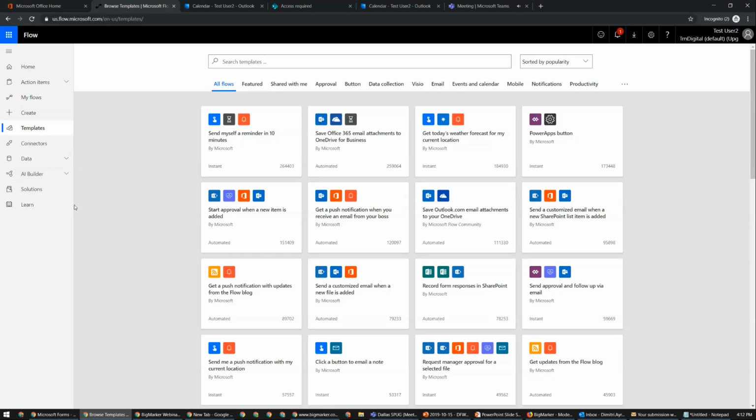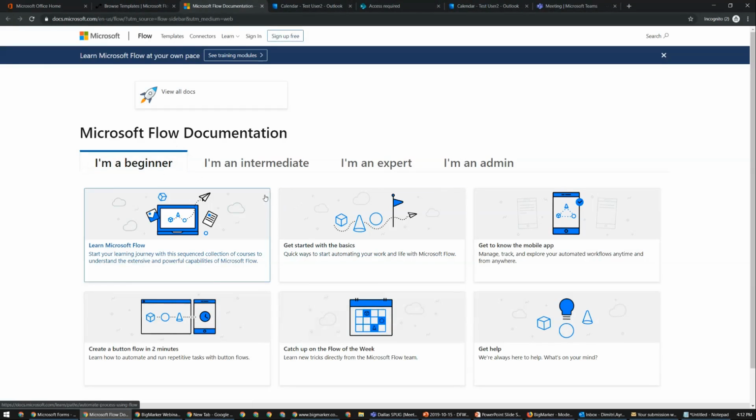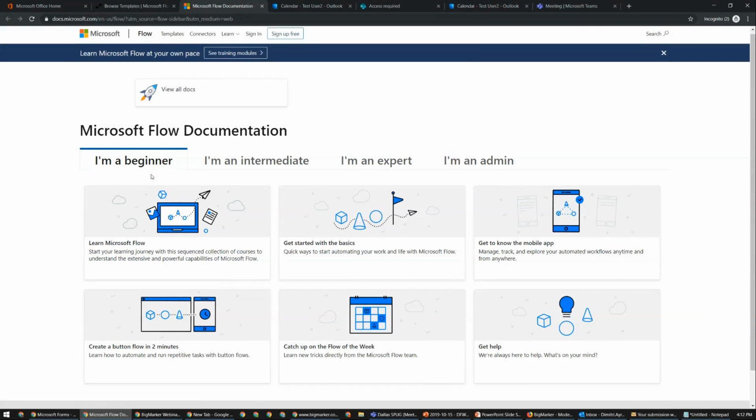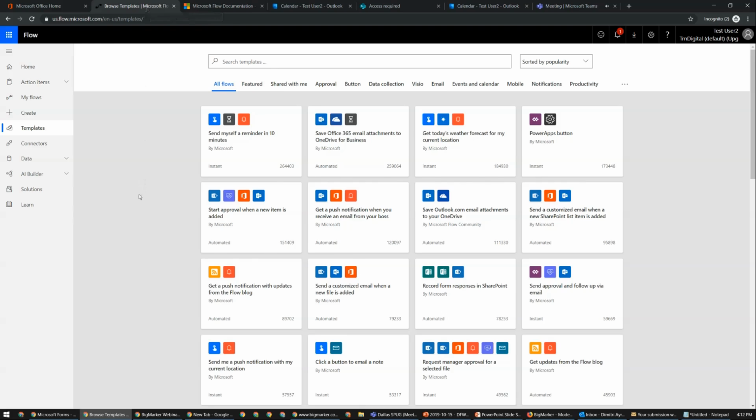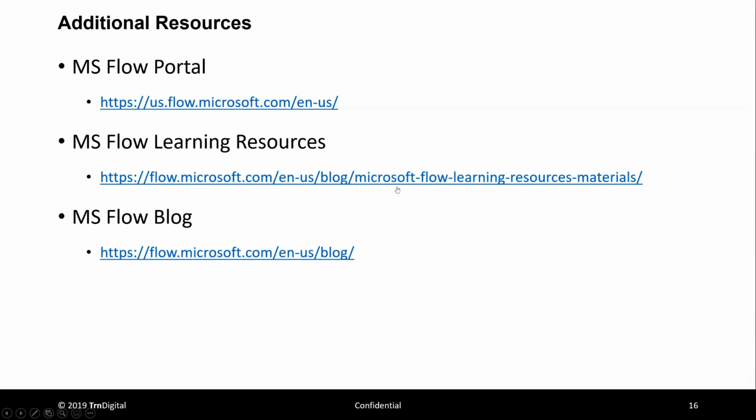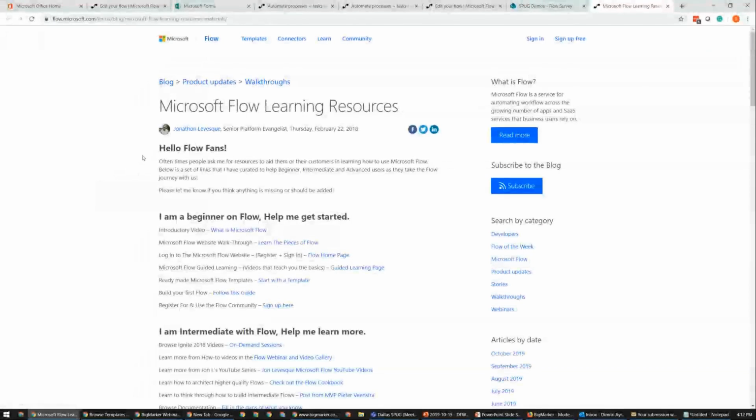It's great to play around in here, and Microsoft has a lot of information around getting started and going through the basics at all different levels of how comfortable you are with not just Flow, but workflows in general.